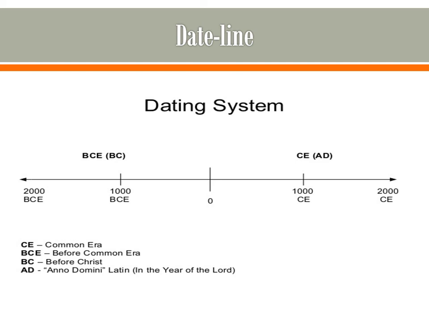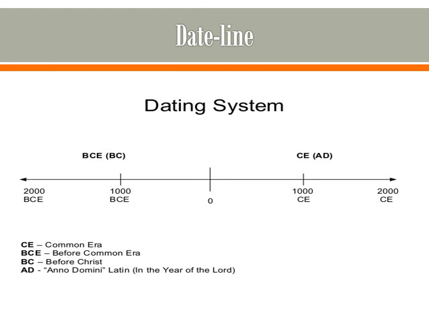As per it, time is associated with the birth of Jesus Christ. The birth of Jesus Christ, founder of Christianity, has been associated with date line. We call it Anno Domini, AD, which means years after the birth of Jesus Christ. For example, 2000 AD means 2000 years after the birth of Jesus Christ. Similarly, BC, before Christ, means years before the birth of Jesus Christ. For example, 2000 BC means 2000 years before the birth of Jesus Christ.